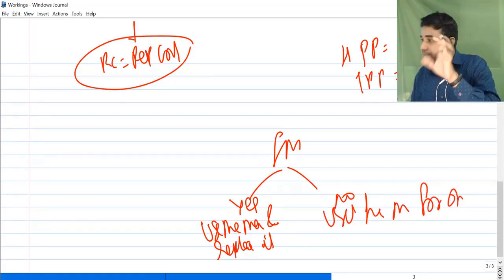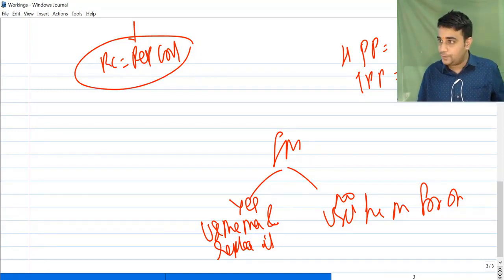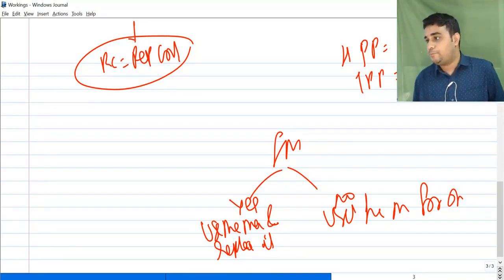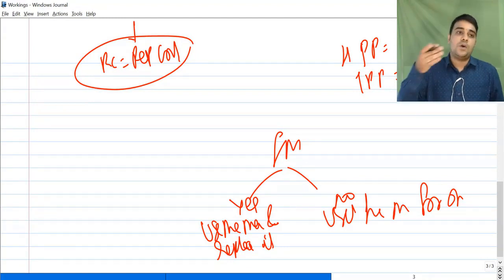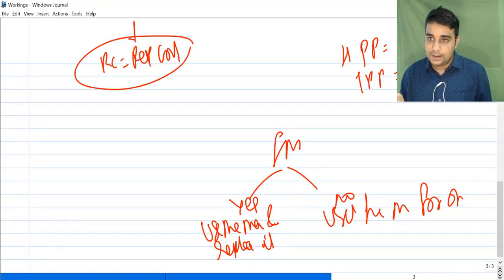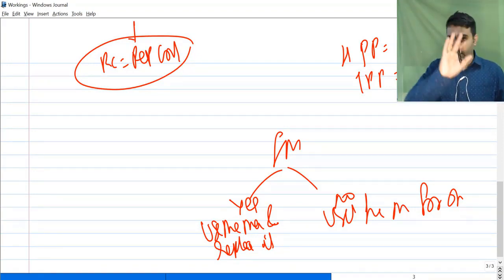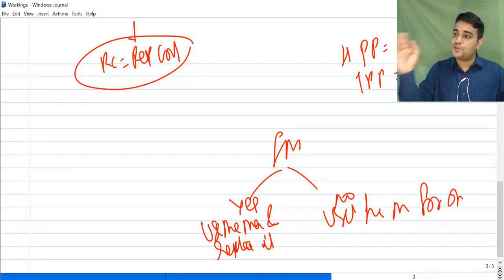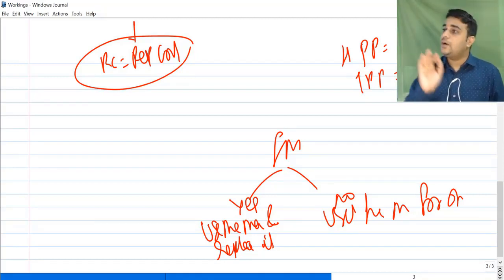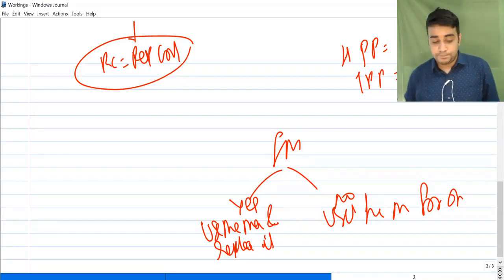So the relevant cost of a fast moving material is replacement cost. It does not matter whether you purchased it at 5 rupees, 10 rupees, 15 rupees. What is the worth today? Sometimes the worth can come down also. If it comes down, you use that lower value. If the worth goes up, in your historical costing you will be forced to show it as 12 rupees. But relevant costing will say take it as 15 rupees, 18 rupees, 100 rupees, whatever is the number.